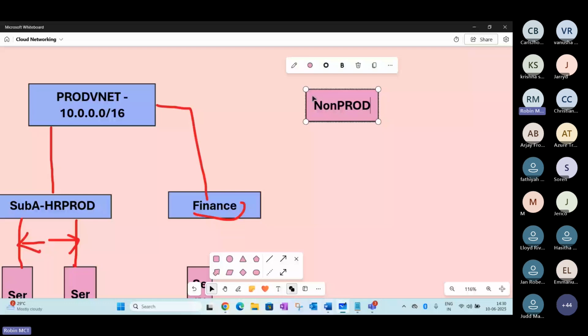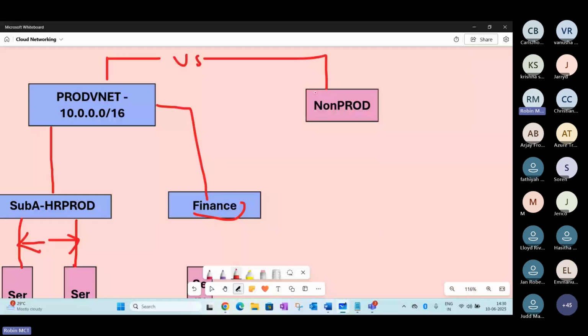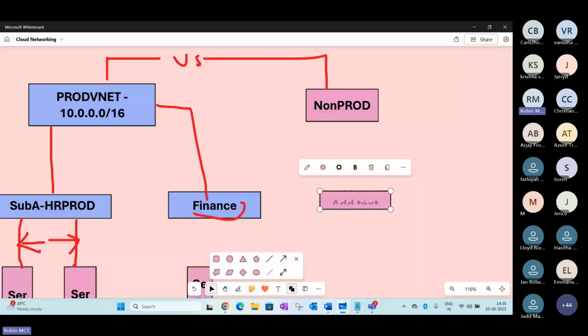So I'm taking another scenario here. Take a situation in your east to west location. You have two networks available. One is your prod VNet, and the second one is your non-prod VNet. In that case, if you have a database server or an application server hosted in a different VNet in the same data center, do we have any kind of communication?